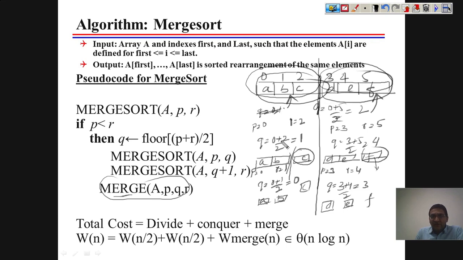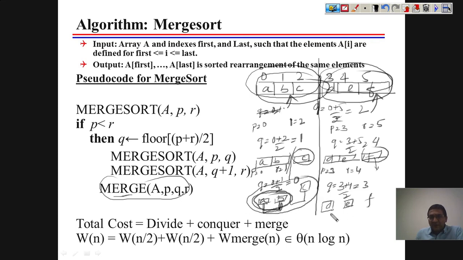Every time you call merge sort, it implicitly calls a merge procedure to combine these individual elements. So when the merge is called at the inner iterations, you find that A, B and C, and D, E and F are individually separated, then you are going to merge these two, means you are going to sort these two elements. When these are sorted, then you will compare this and try to sort this.